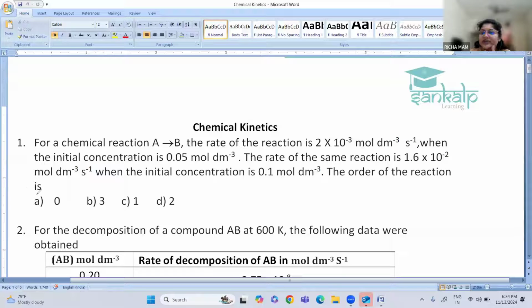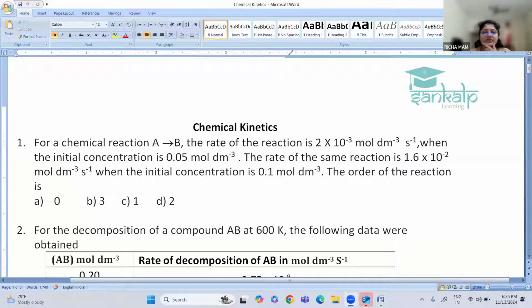Then we have discussed first order kinetics, second order kinetics, zero order kinetics, half life. What is a pseudo reaction? So all these things are there. Already we have discussed, so based on that,